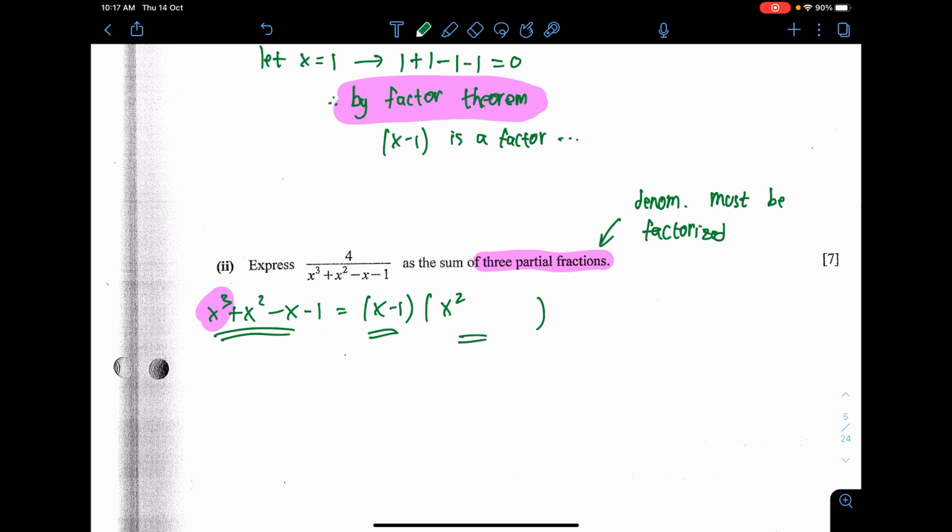And then I can also guess the last number here. The constant number must be plus 1. This is because there's a constant number of negative 1, and when you do the algebra expansion on the right hand side, the only way you can get a constant number is when you take the negative 1 times another constant number. A constant times a constant will give you a constant, basically.